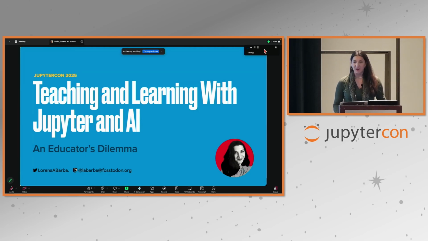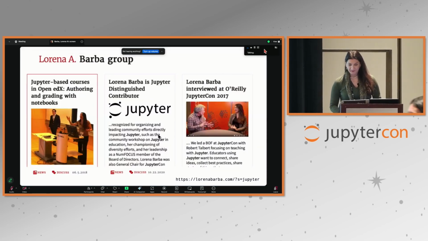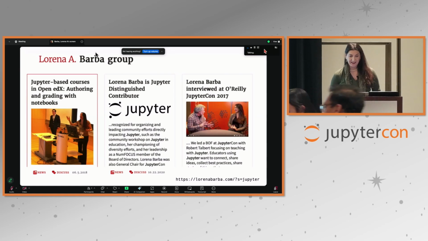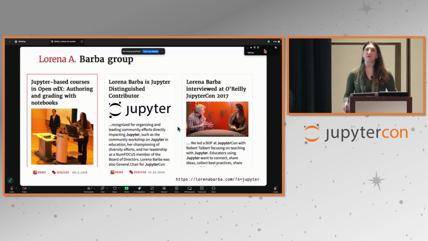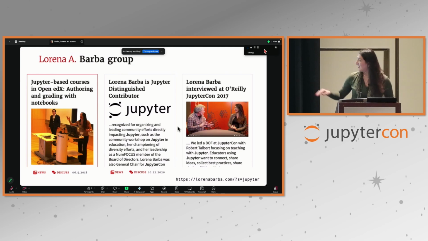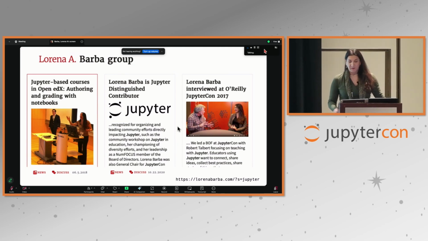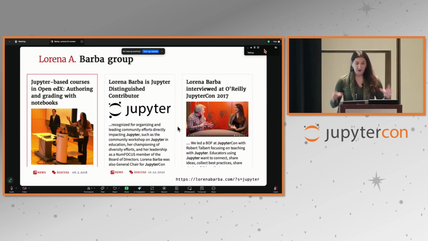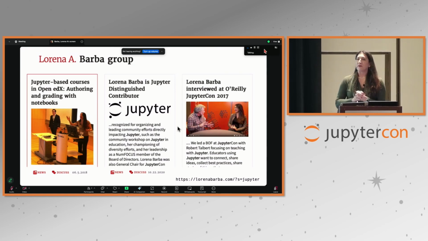This is about using Jupyter and AI in teaching. And where do I come from in this story? Well, I have been teaching with Jupyter for a long, long time. And in 2018, I created, with some help from some technical folks, a